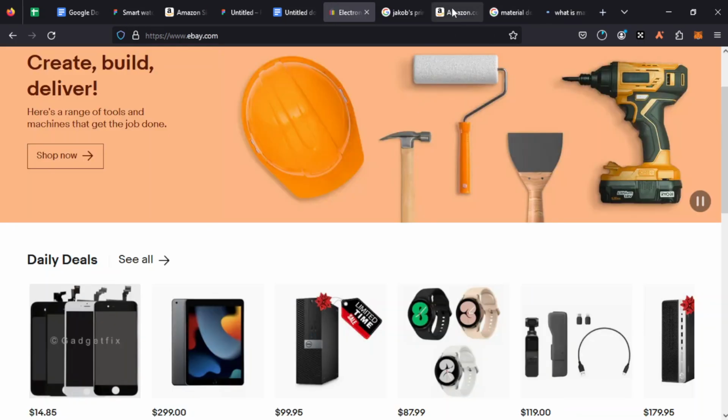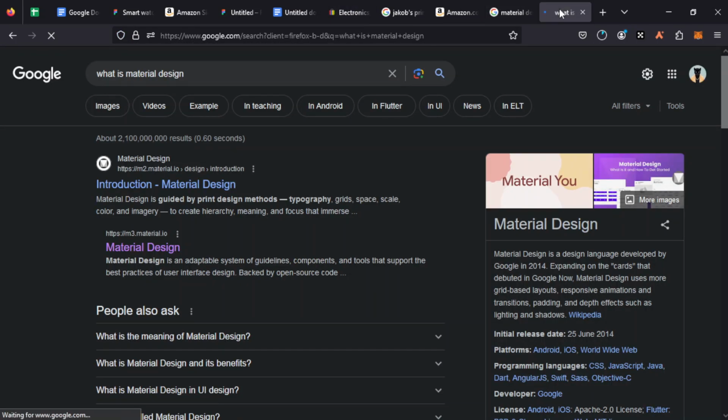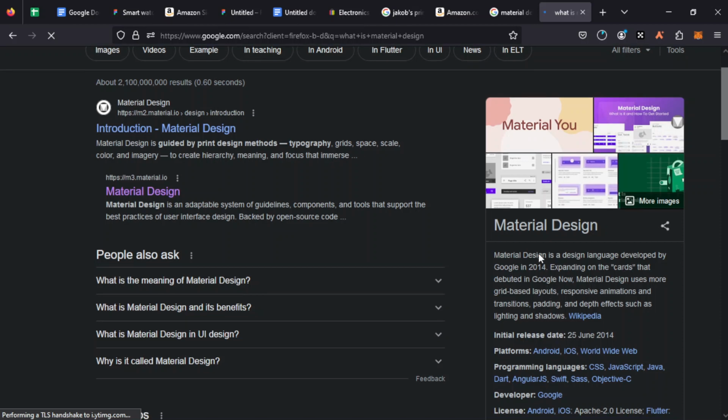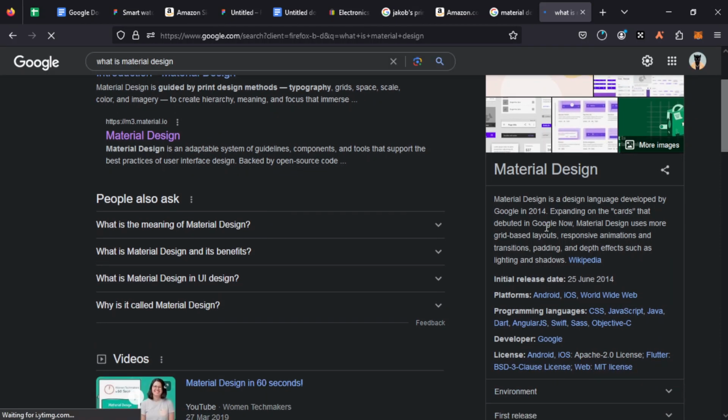So why we are mentioning this is because of the material design. Okay, material design is a design language developed by Google in 2014. Expanding on the cards that depicted, the material design uses more grid-based layouts, responsive animations, and transitions. Right? So if you actually go into